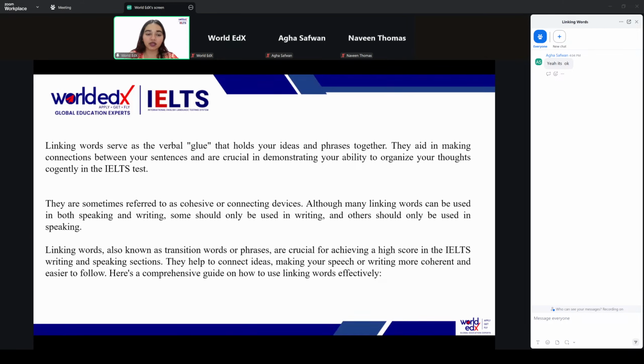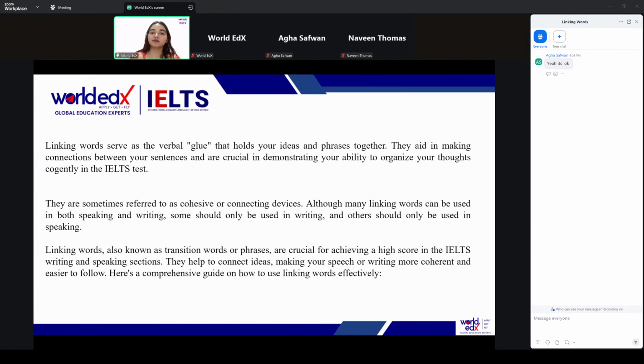when you make use of linking words, your ideas become more organized and they help you explain yourself better. That is the reason why linking words, which are also called transition words, are used for achieving higher band scores in the IELTS writing and speaking sections. If you do not trust me, you can definitely look for the public band scores, both for speaking and for writing. There's going to be a specific use of linkers under lexical resource and sometimes even under grammatical range and accuracy. So you can definitely have a look and understand why linkers, transition words, or connectors